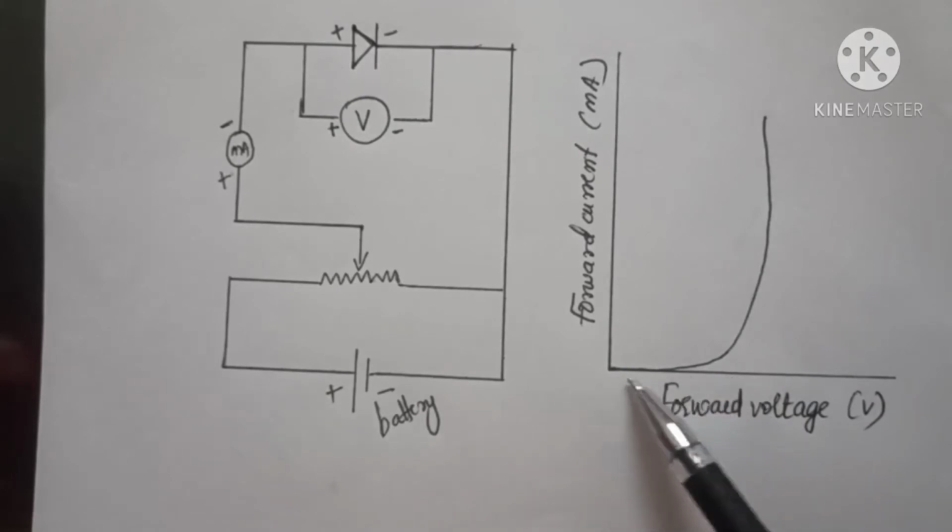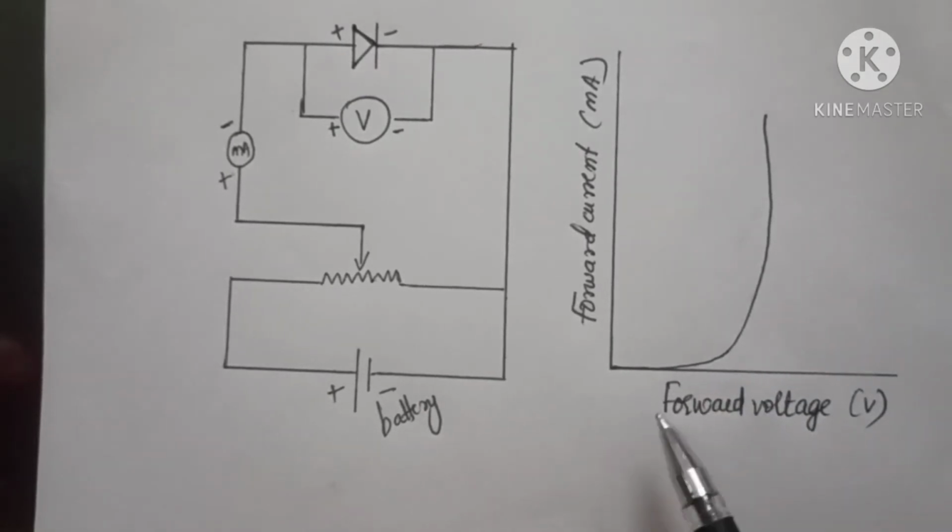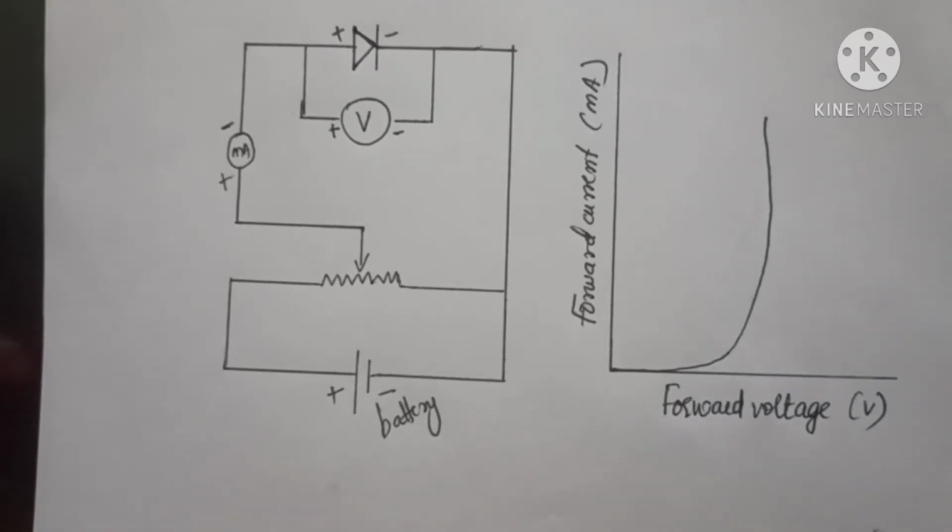Now by seeing this graph, you can see that at the start, when the applied voltage is low, the current through the diode is almost zero. Understood? Why? Yes, it is because of the potential barrier. You know that potential barrier, then depletion layer. So when the width of the depletion layer is reduced, what will happen is the conduction. The electrons will start to move and the conduction happens, isn't it? The holes and the electrons will move. As a result, current is produced.